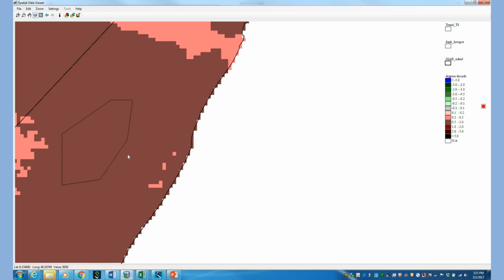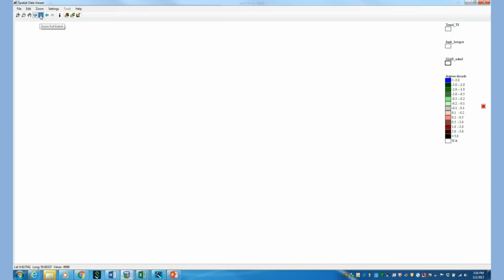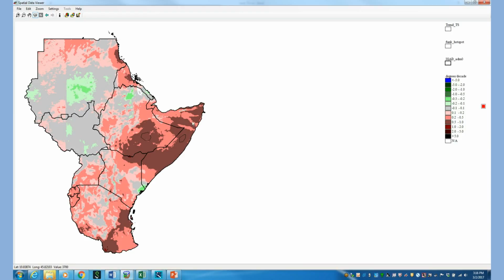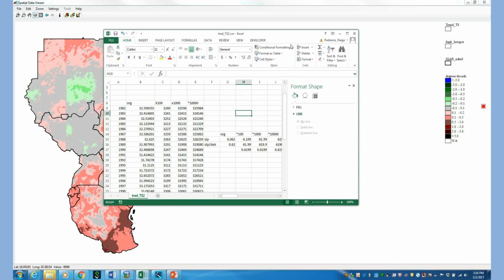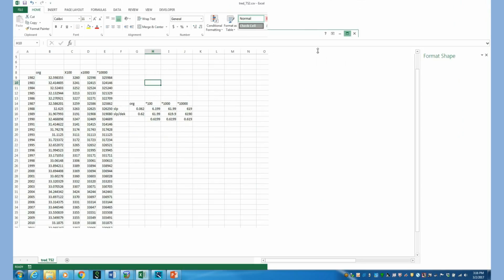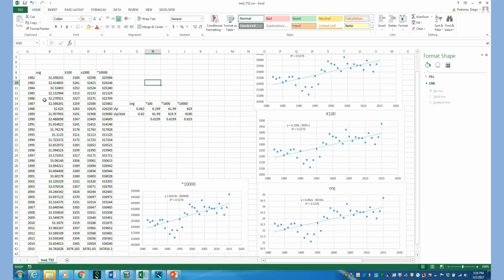But when we get to the trend, this is the trend for EGOD. So when we see these values right here within this polygon, they are all 57 on average. When I extracted the values for that polygon,